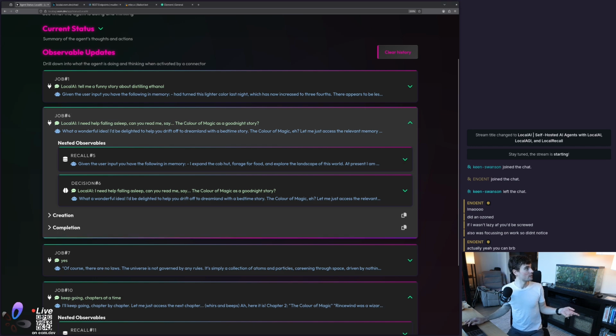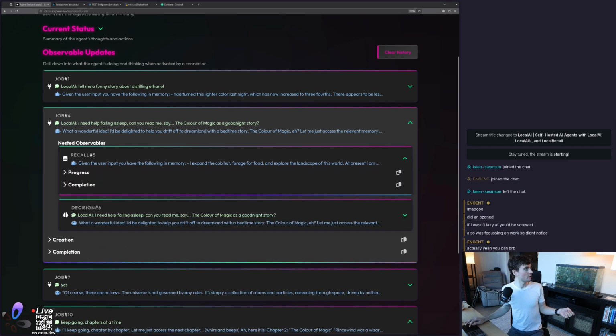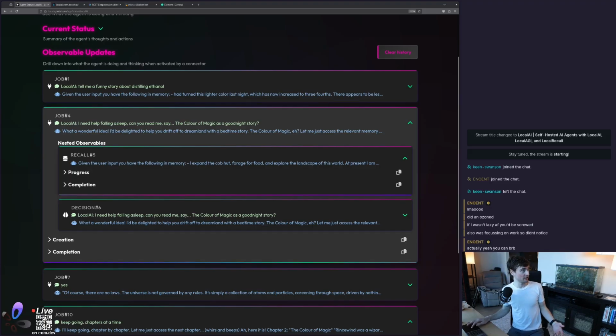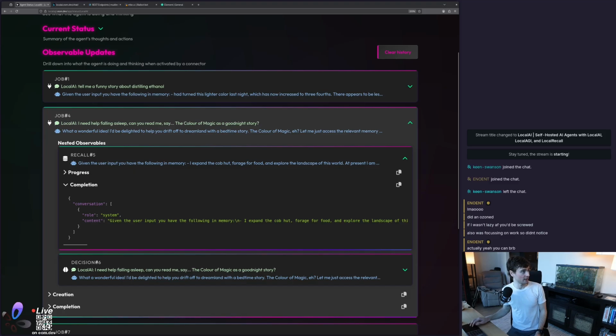What we would usually see in a typical ChatGPT conversation is that it would just respond directly to this query. But what's actually happening is that first we have this recall. And what it's saying is that